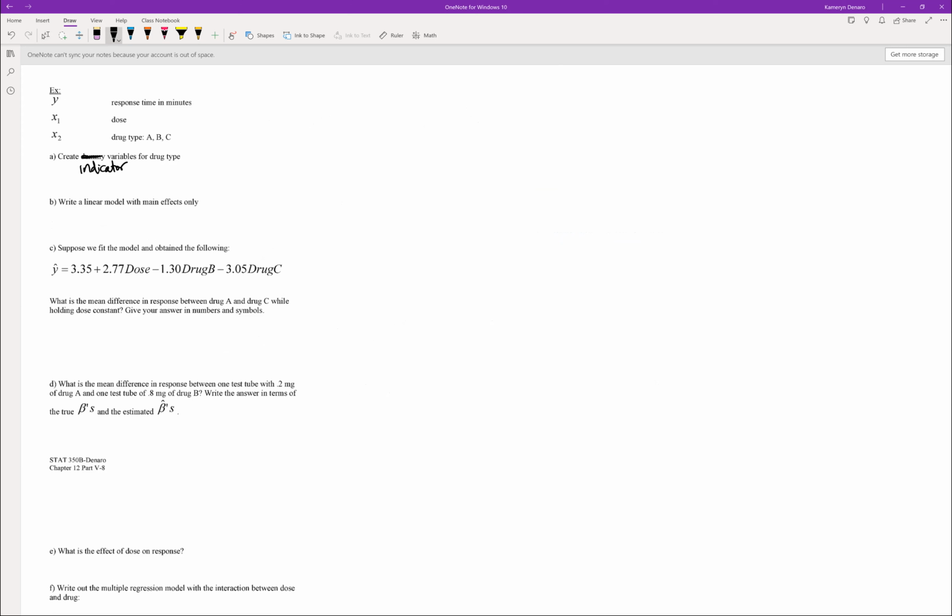There are a few different options. x2 is 0, 1, and 2 for drug A, drug B, drug C. In this case, our model would be y equals beta 0 plus beta 1 dose plus beta